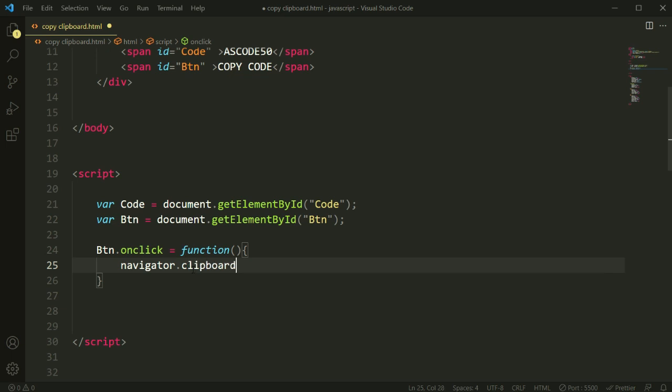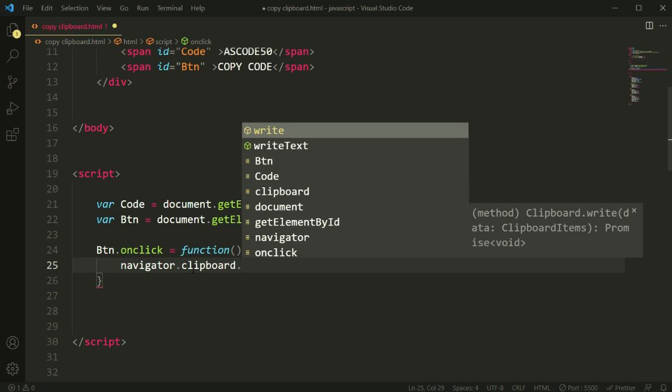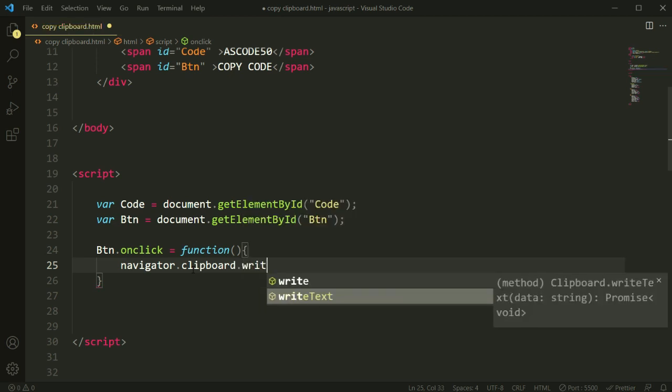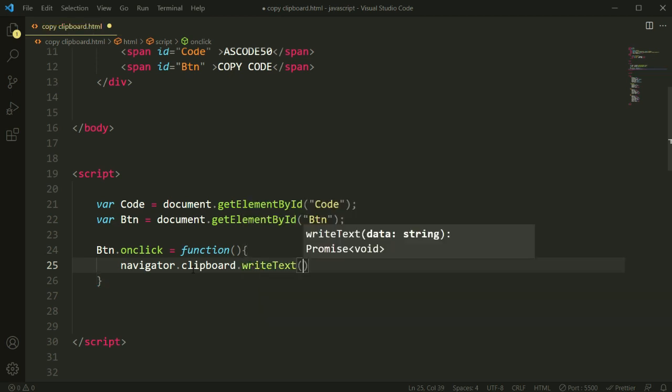Okay, navigator.clipboard, and now it will be in text format. So we write that code, writeText, and let me use the innerHTML. So btn dot, this is our id. Let me copy this id from here, and it will be btn.innerHTML. It will be the text in this format, copied by this innerHTML format. So write this, and the text goes here.